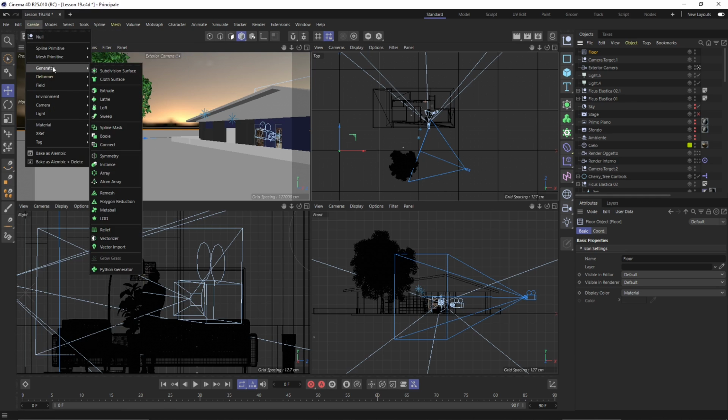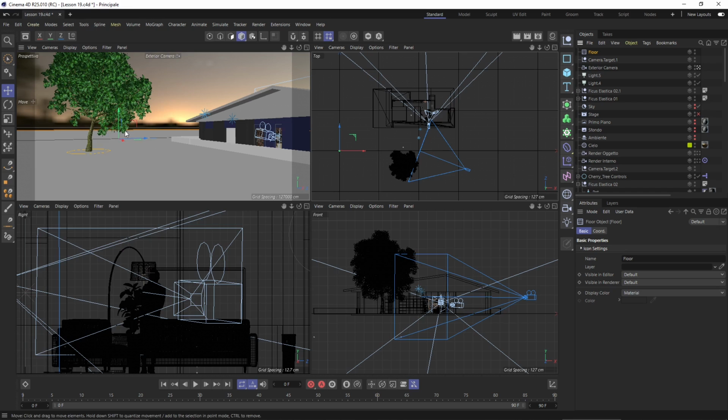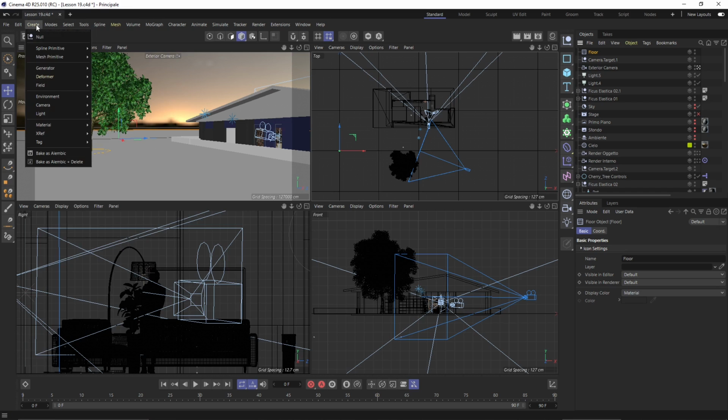And you can also, of course, drag and drop trees and plants from the asset editor. That's really important. You need to add a lot of details. And then you have these elements here. Now you have the sky, you have the environment, you have the background, foreground, and stage. These are all environmental objects. Now I will show you those.